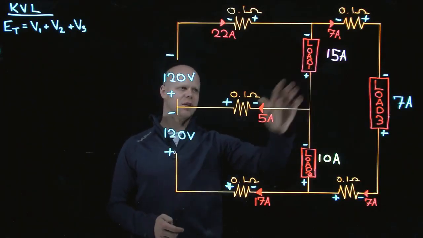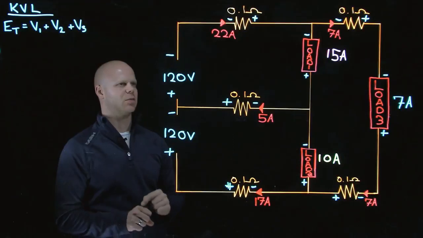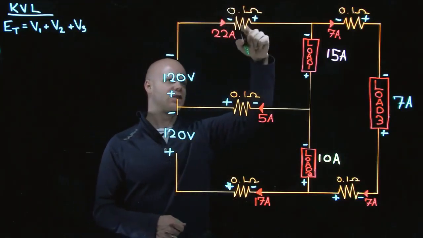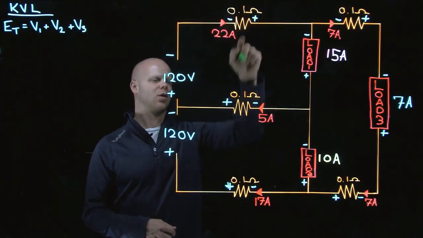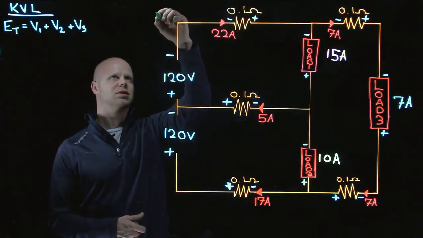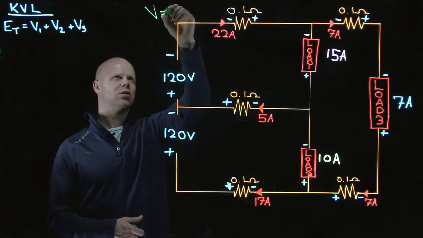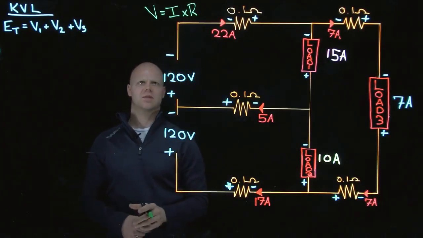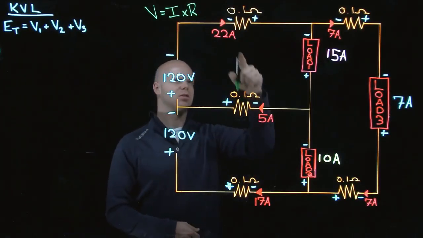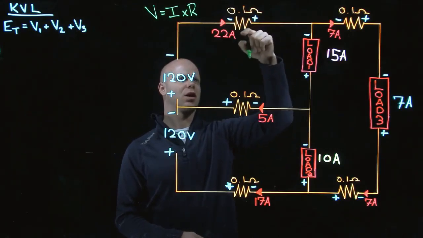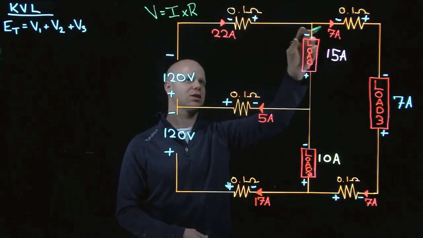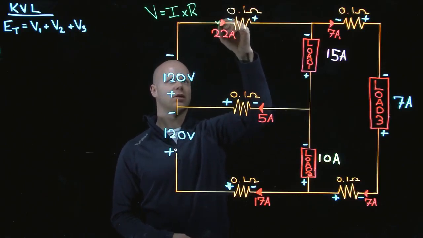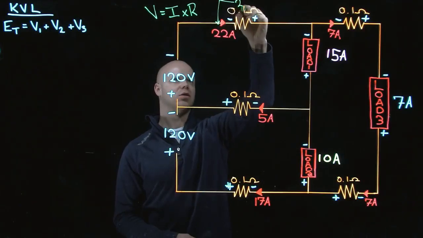If I'm going to calculate what some of these voltage drops are going to be, I need to transpose the Ohm's law formula to figure out what voltage is. At each individual point, when I have an amperage and an ohmic value, I can calculate the voltage drop. The voltage drop is going to equal the current times the opposition to current flow. That's what's going to give me my volt drop. So the volt drop across that conductor would be 22 amps times 0.1, so if I were to measure, I would have 2.2 volts